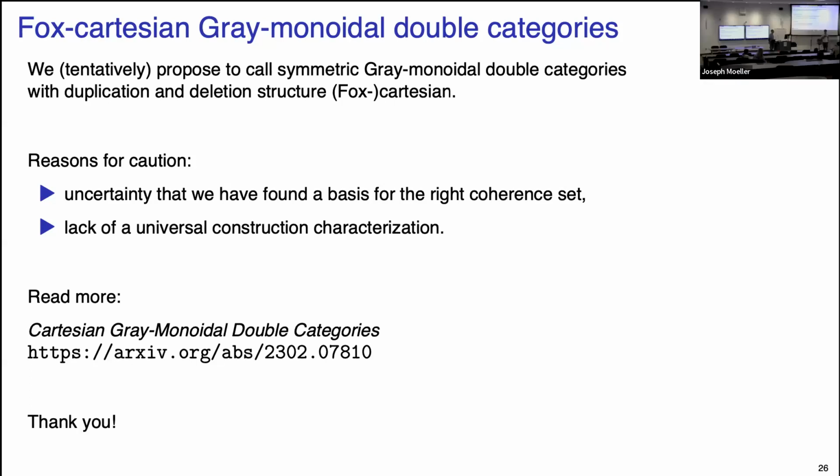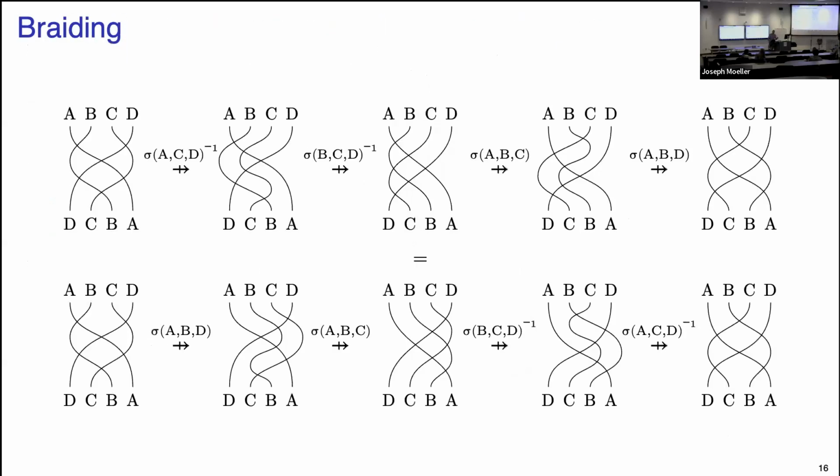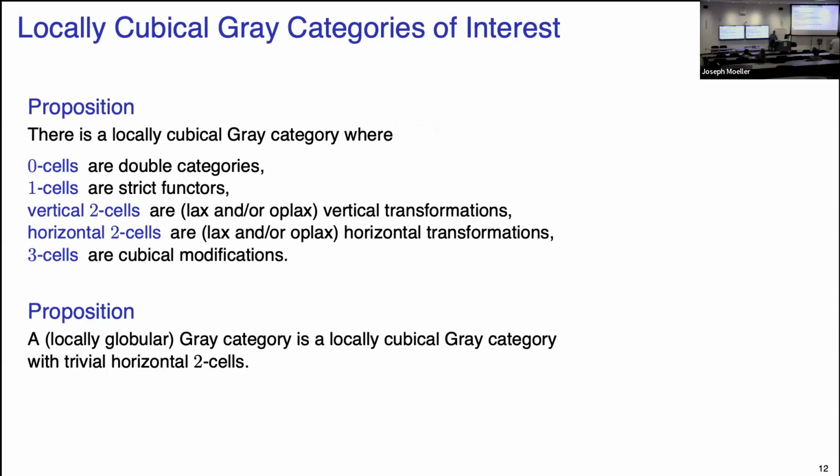I guess we've got time for one more question. Bryce? This is sort of just a technical question. Usually there are two flavors of Gray-Monoidal product, the lax one and the pseudo one. Which one are you working with here? So this is parametric, right? You can define whichever variance of interchanger you want. You can pick lax, op-lax, or both, and if you pick both, then you can have pseudo. So you can have whichever you want. You just have to be consistent in each dimension independently, but you can mix and match as you like. So it's a parameter to the